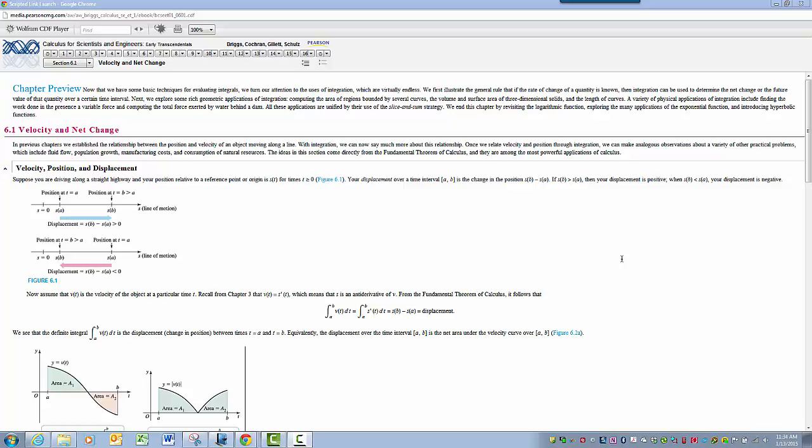So the first thing I want to mention is that what we're doing in 6.1 first is trying to calculate the amount of displacement that an object receives, or the amount of displacement that some object incurs over a certain time interval. So the idea could be this: you might be